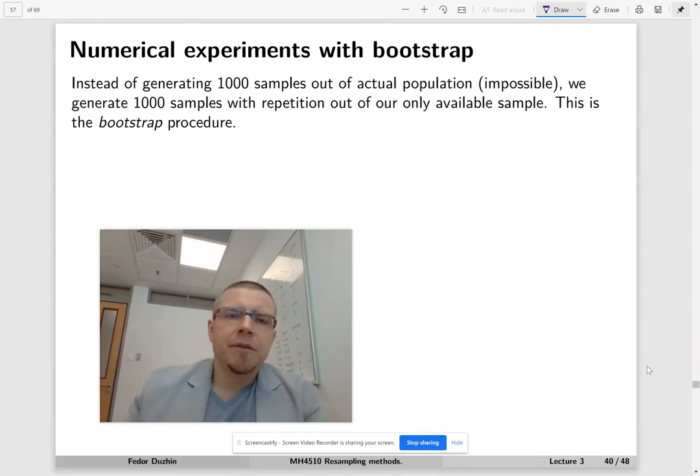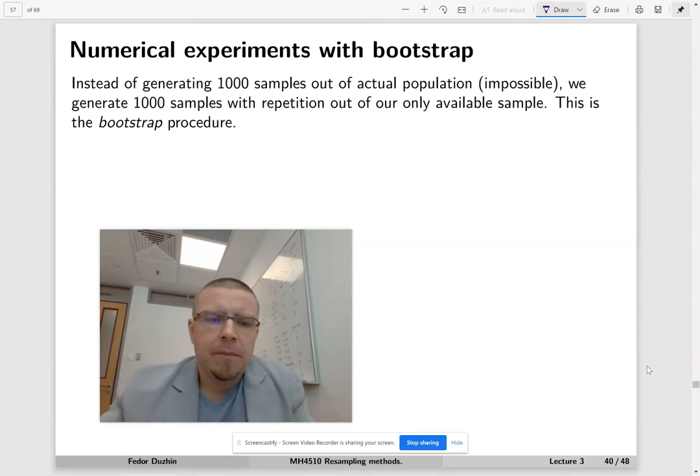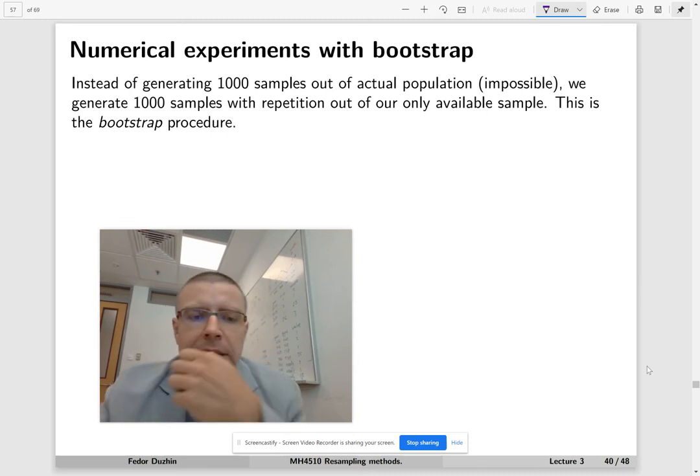All right. So what is this bootstrap procedure? In practice, we do not have access to the true population, right? So we don't even know what the true distribution is, and we are not able to generate a lot of different samples from the true population. So instead, what we do,